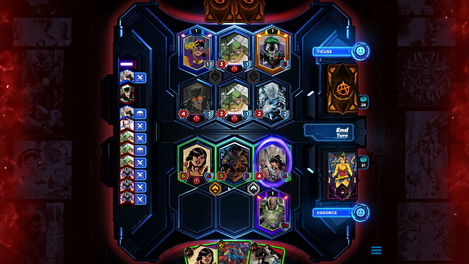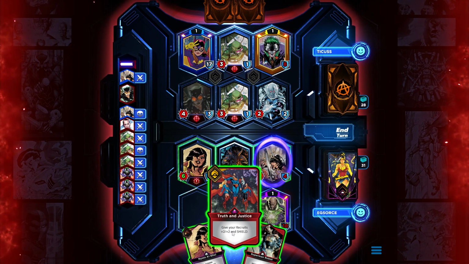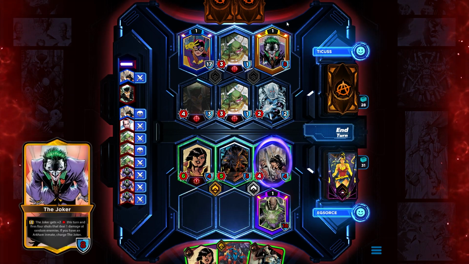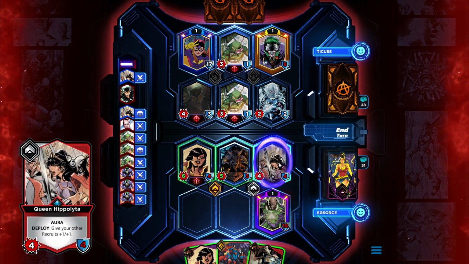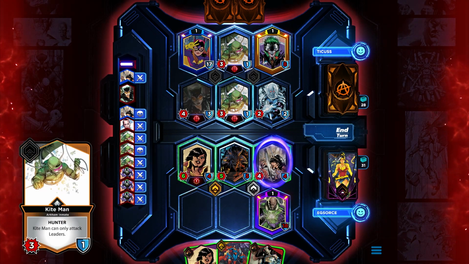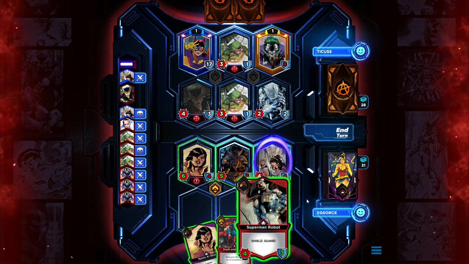what I'm gonna do is play Friends in High Place, or Truth and Justice, excuse me. Probably on Nisa, she can do the 8 damage to kill outright. Then that'll leave me a turn to trade with Mr. Freeze, and that'll leave me a way to kill Kite Man. And then finally I can put out a...